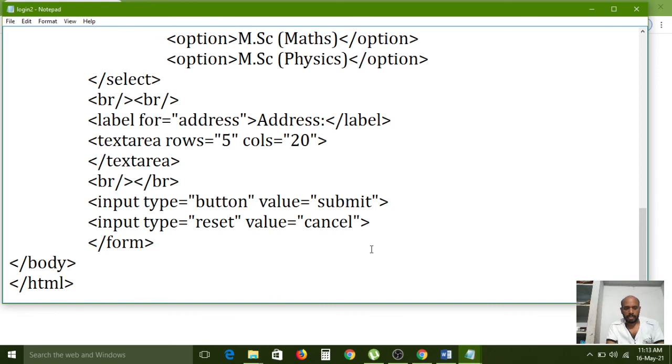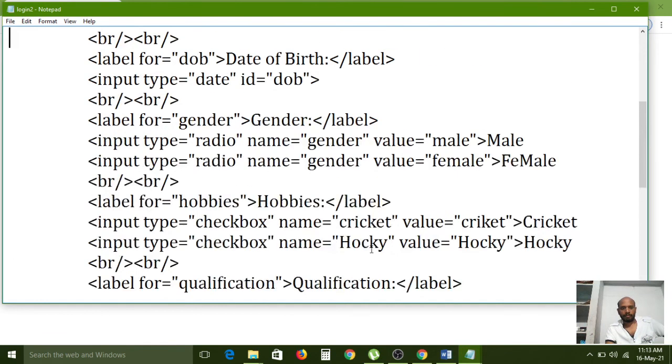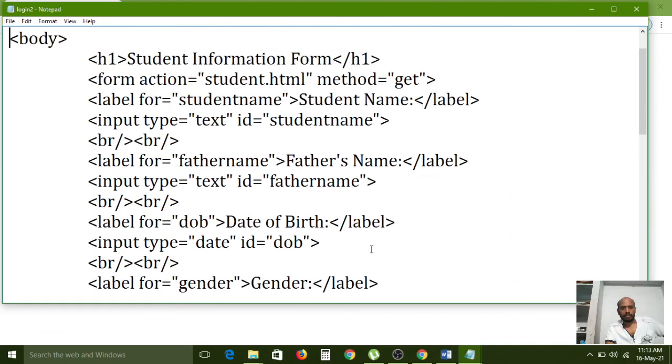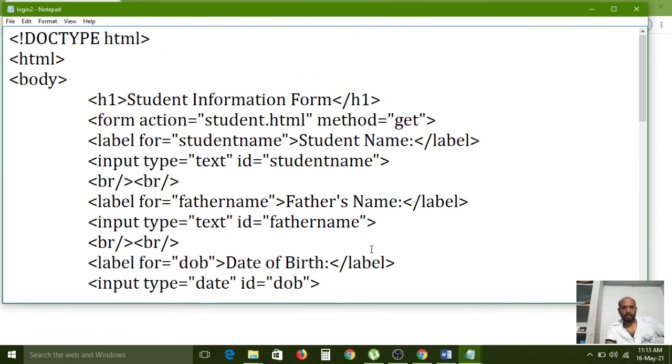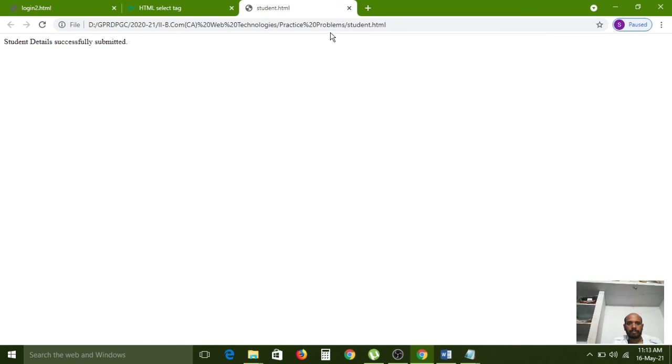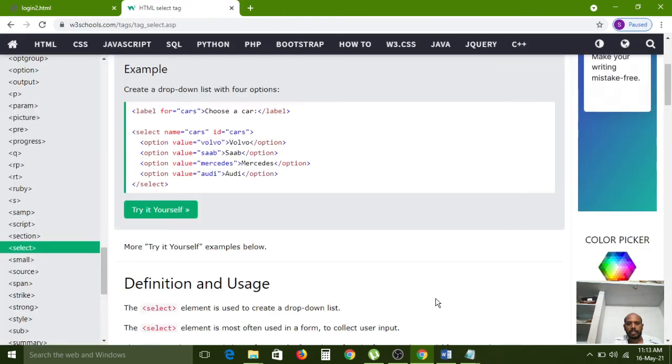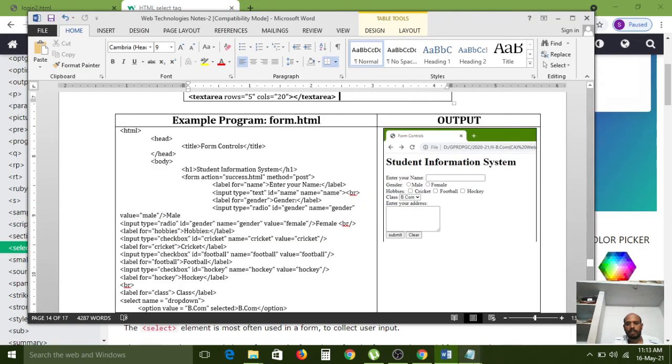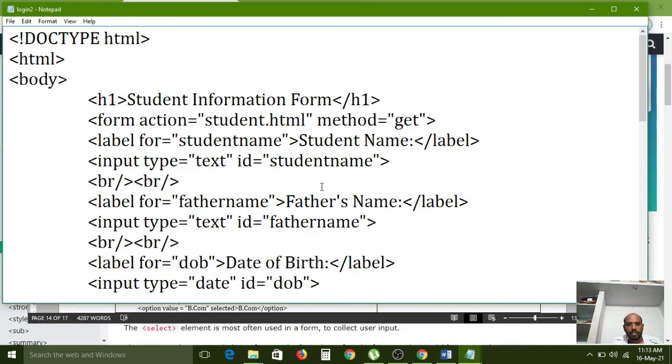Wait, we have made some mistake there. Form is also correct, button is also correct. Student.html. I think we have configured it wrong.